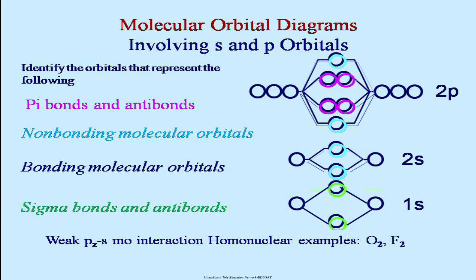This shows that the 1s orbital, 2s orbital and 2p orbitals of the carbon atoms will give rise to the different types of atomic orbitals of the molecule. These are the atomic orbitals of the atoms, and these are the molecular orbitals of the molecule to be formed. The electrons filling in these atomic orbitals get filled into the molecular orbitals